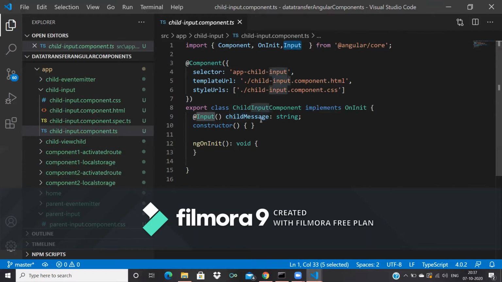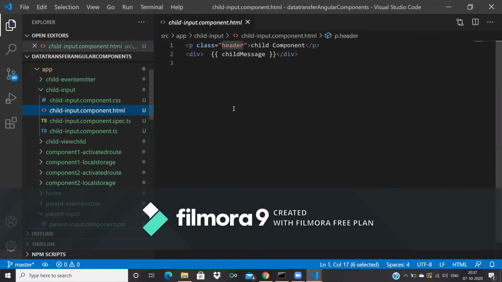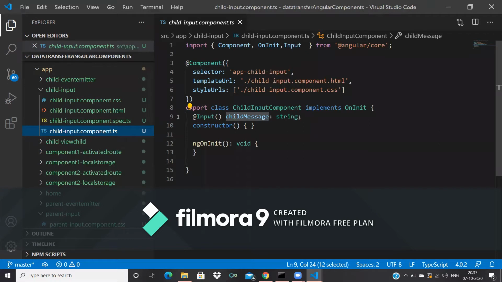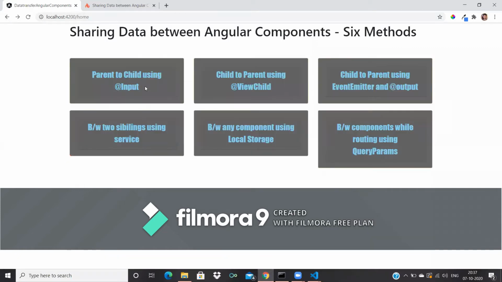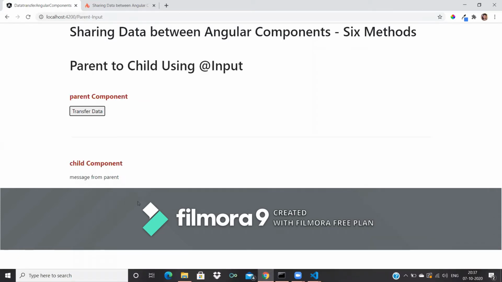The value I'm sending from the parent component will be bound here as childMessage. So we are getting the data from parent to child. If you don't understand, please go back and rewind the video and look at it again, and it will be easy for you.